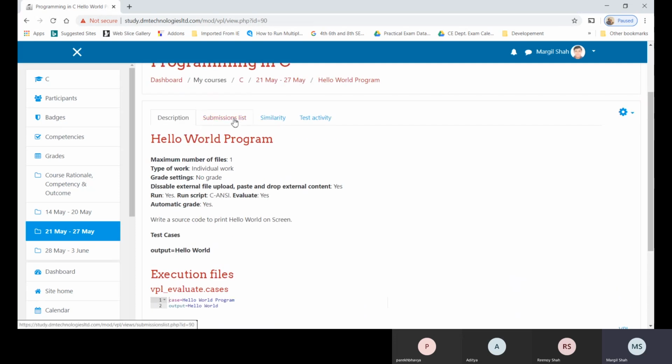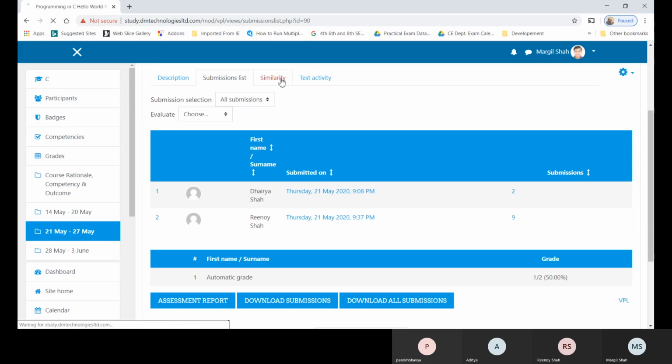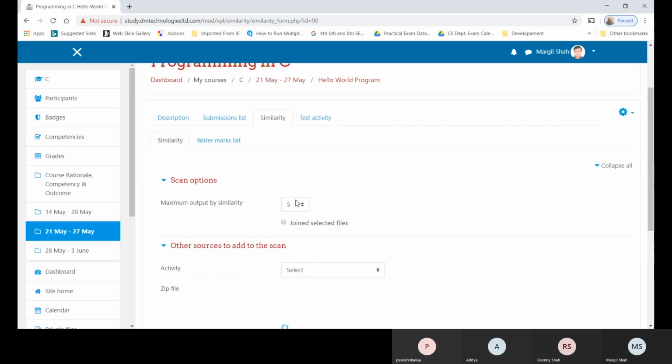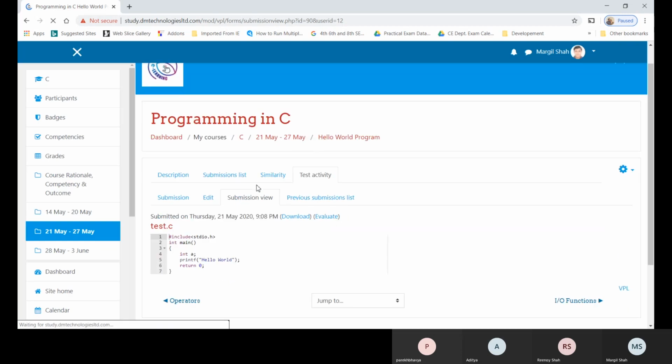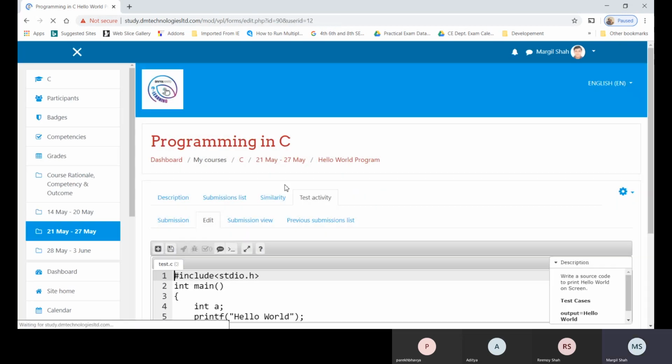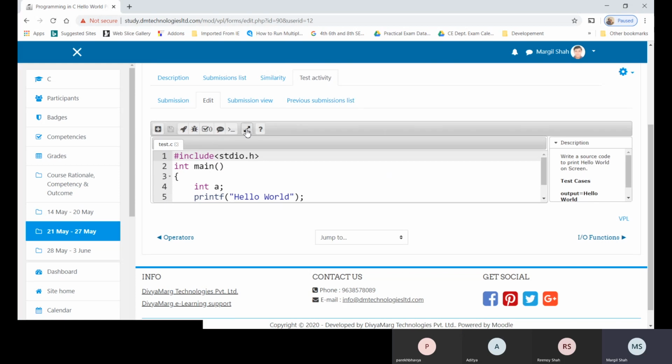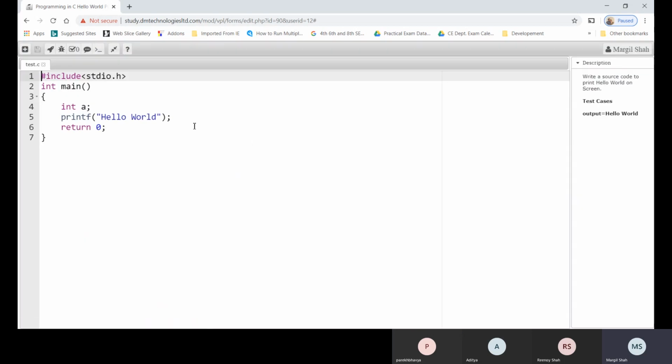You may have one more tab over here, that is edit. Just click on that. Once you click on edit, it may ask you for a new file name. You need to remember that as this is C programming, you can write whatever file name you want, but dot C is a must. Dot C is a must. Don't put a space between the file name and dot.